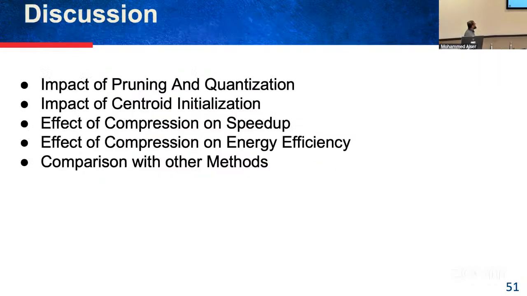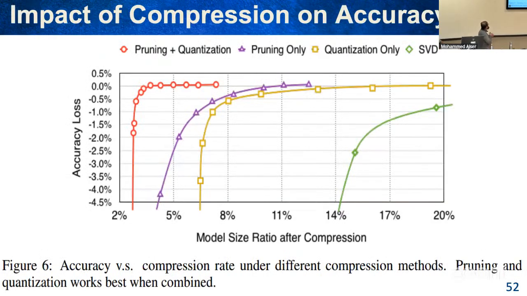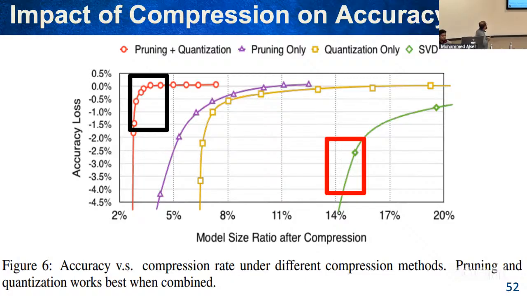Okay, so far we discussed the result. Now we want to analyze and discuss this result a little bit, based on some evaluation studies. First is the impact of compression on accuracy. Here we see that if you use singular value decomposition, then if you compress more than 40%, you may lose accuracy of around